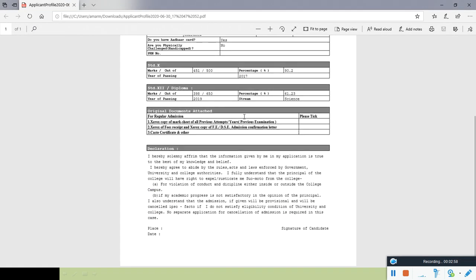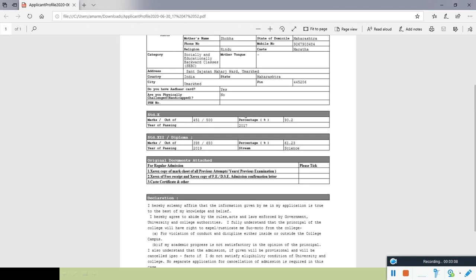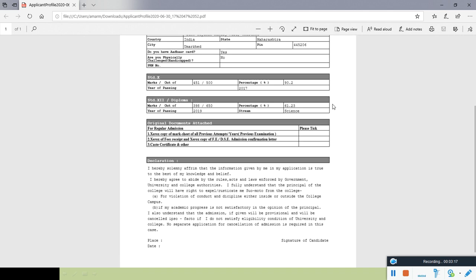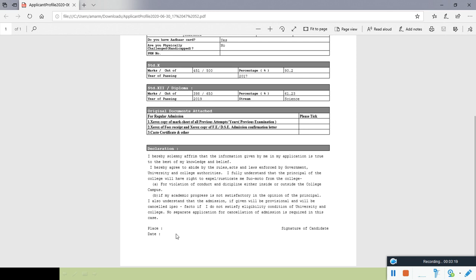Take a printout of it, or make a soft copy and save it with your name and your roll number. Tick the particular class for which you are seeking admission, and sign on it. Put the place and name.